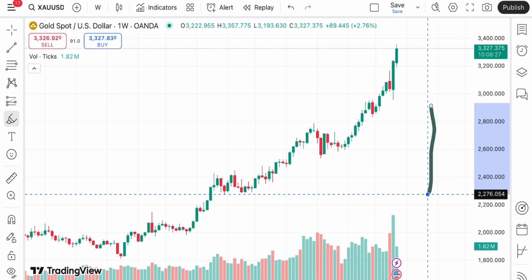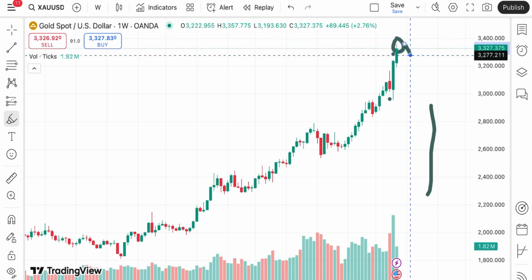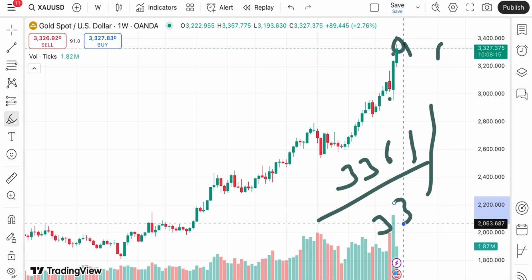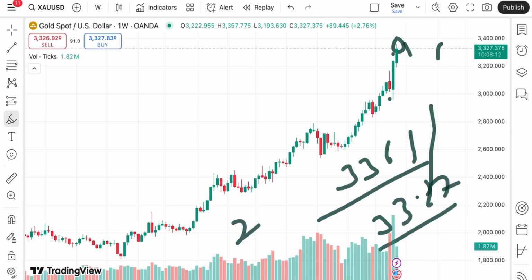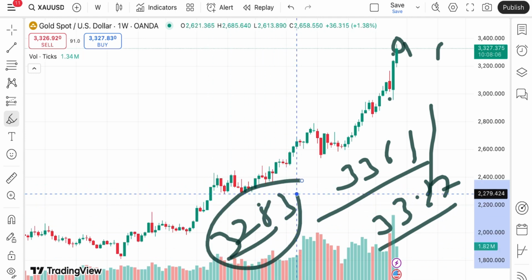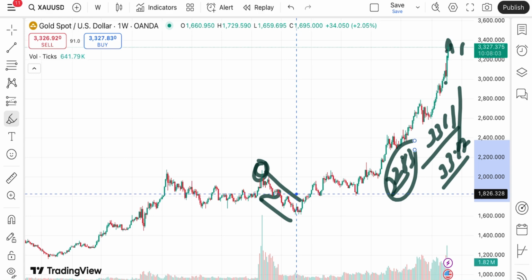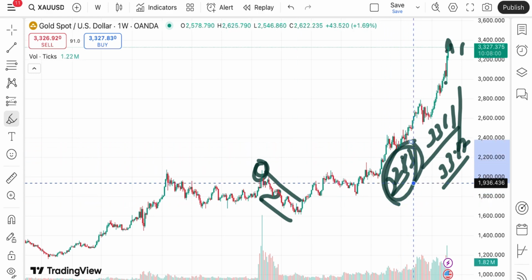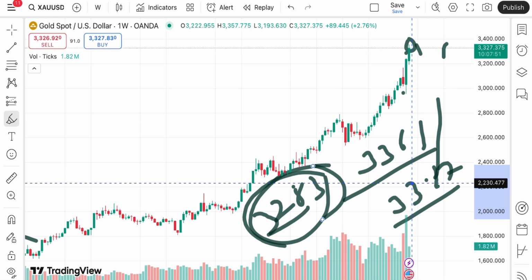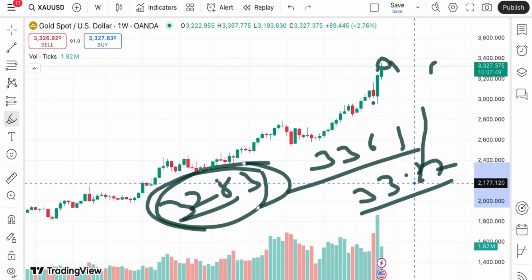Similarly, the price moved high at this level and made a new high, and from there, after touching a level of around 33.61, it came down. Now it is trading at a level of 33.27. Yesterday's low was around 83, and the price has bounced back from this level. Why was there a lot of movement yesterday? Because the market was to be closed on Friday, the volatility was high, even though there was no big event yesterday. Today, with the market closing, profit booking has come at these levels.